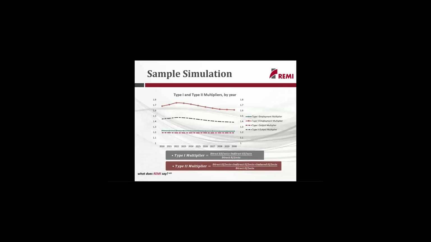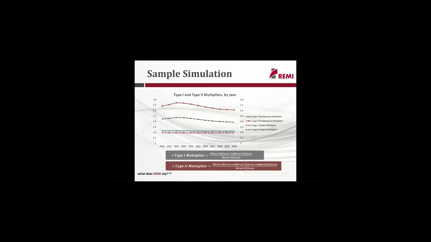After we calculate the multiplier effects, we can continue to calculate the ratio multipliers. The type 1 and type 2 multipliers both measure how a total impact responds to the corresponding direct impact, but they are different in their definitions of total impacts in the numerator. For the type 1 multiplier, we add indirect effects to direct effects. For the type 2 multiplier, we sum up direct, indirect, and induced effects in the numerator.